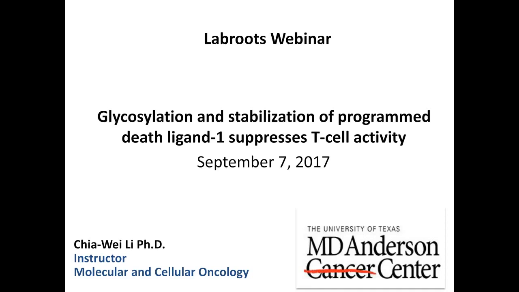Dr. Li's research interests lie in discovering the regulatory mechanisms of cancer metastasis and immune resistance in preclinical settings. On the basis of the newly identified signaling pathways, he investigated the therapeutic potentials of natural food compounds, small molecular inhibitors, and monoclonal antibodies to reduce cancer progression in hope of translating these findings from basic research into clinical uses. Dr. Li will now begin his presentation.